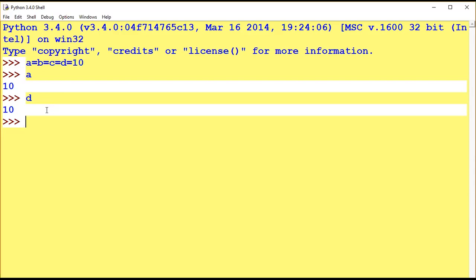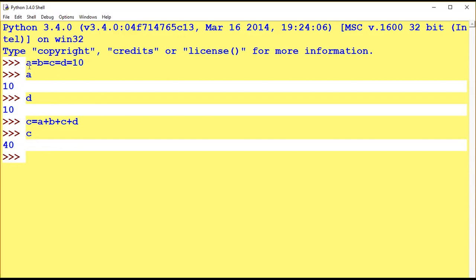Let's take another variable, that is C equal A plus B plus C plus D. So all the variables have a 10 value. This is called multiple variables with a single value, which is assigning a single value to multiple variables.